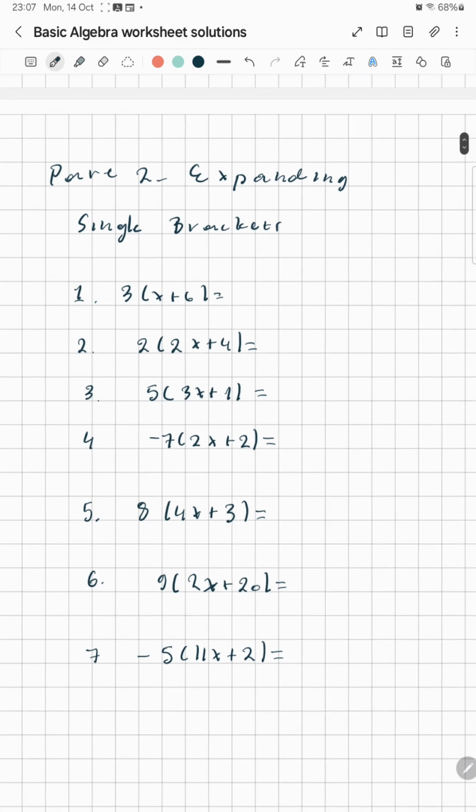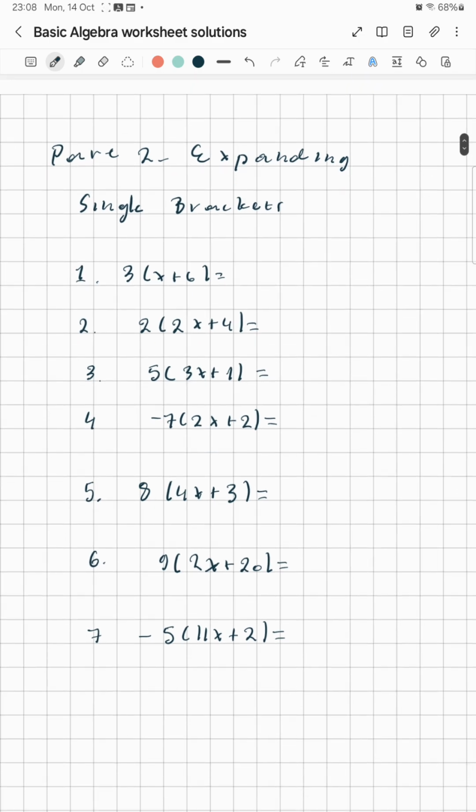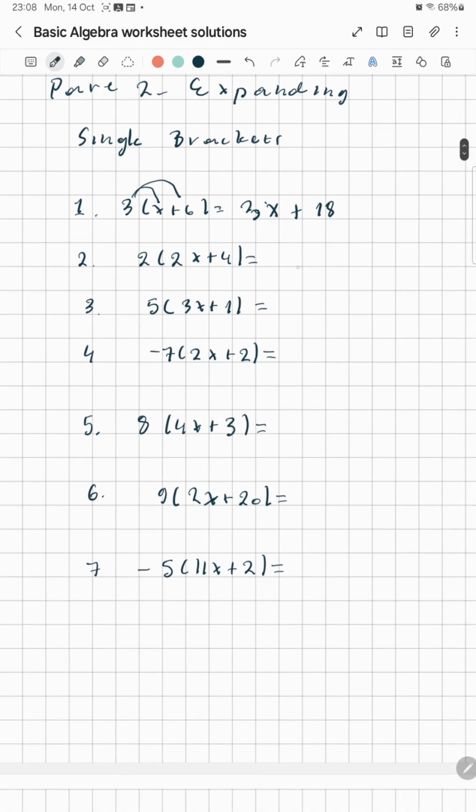For the second part we need to expand the brackets, which means that we need to multiply the number outside with each one of the numbers inside the bracket. So the first one is 3x plus 3 times 6 equals 18. So number 2 is 4x plus 8,